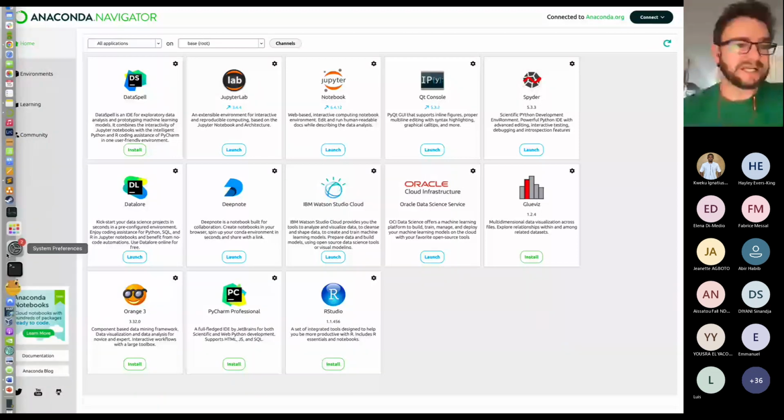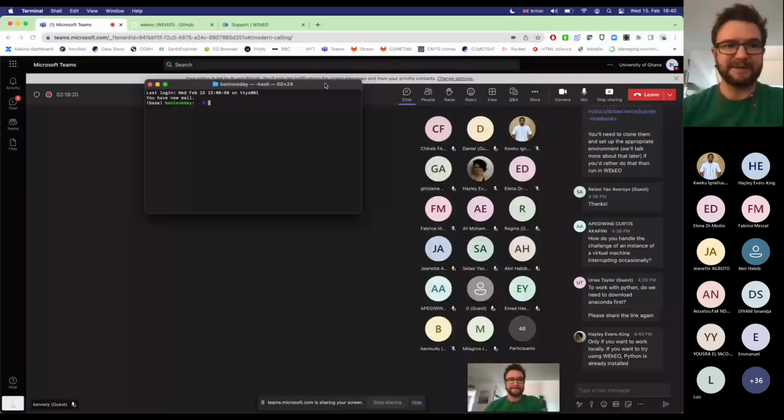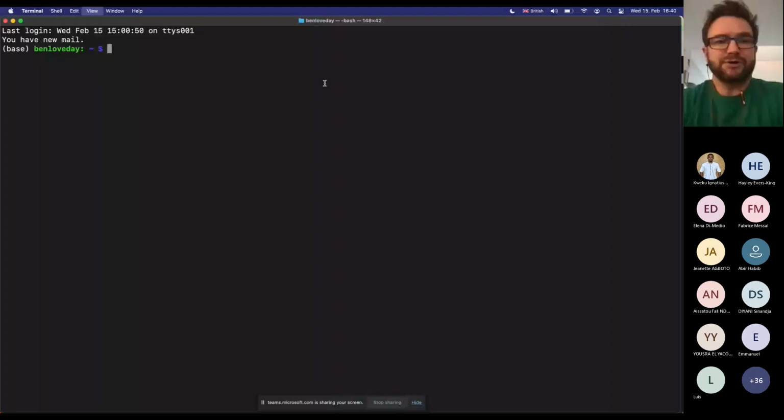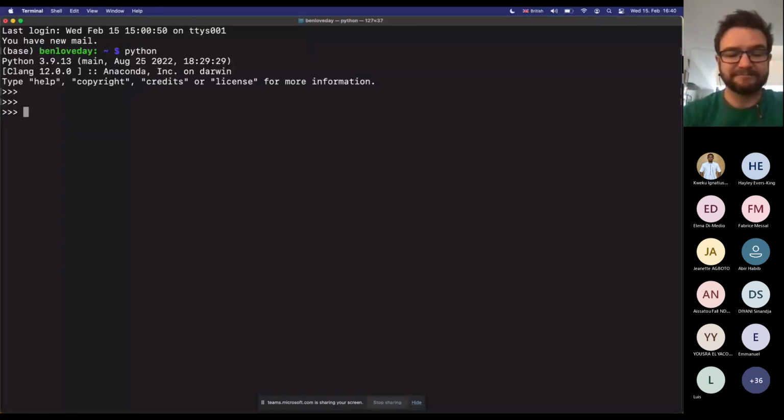So if I click on Terminal on my computer, I'm going to make this a bit bigger. And users on Linux will have the same situation. I've installed Anaconda, so I have Python native across my entire operating system. So if I want to work with Python from the command line, I can simply type Python. I am now in Python. So I can import NumPy because I already have NumPy installed on my machine. I can say print